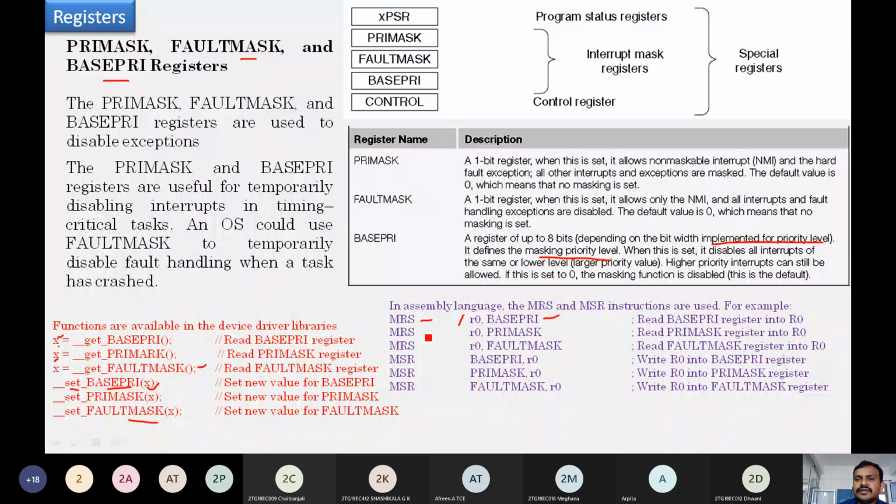In the interrupt mask register: base pre, pre-mask or fault mask. So this is about the register set: the general purpose registers, and the specific purpose and special purpose registers.